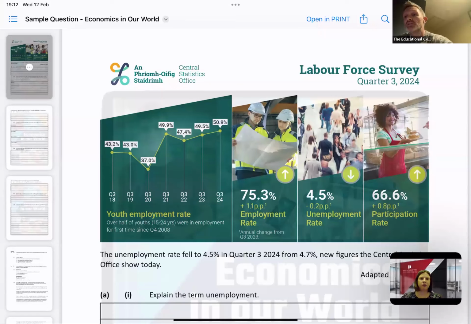So I've just used this one from the Labour Force Survey from the CSO. I think the last one up there is Q3 2024. They could pull different information, and we know at this stage in the Labour Force Surveys that they give us different information in different ones for different quarters. But they always give us, obviously, the unemployment rate. Unemployment rate there, 4.5%. So I've just put in that infographic there.